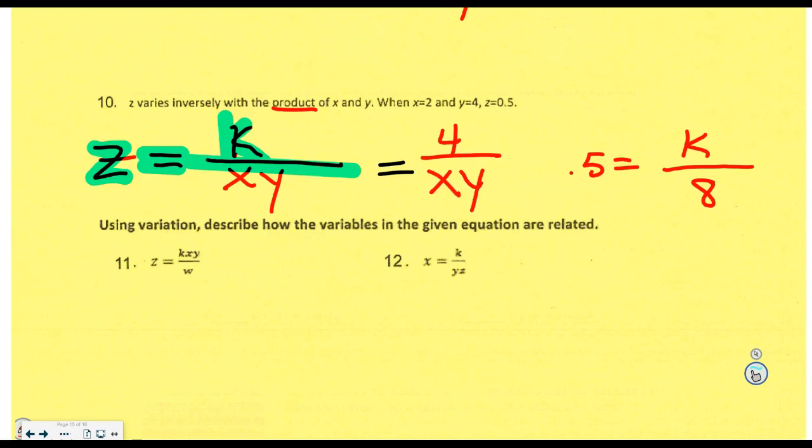Number 11 and 12 are the reverse of that. You have to give the words that would result in this. So you're going to say Z. The equals is what word? Varies. Okay. And you have to decide if you're multiplying first or dividing first. Z varies, and then you need the word either directly or inversely with,